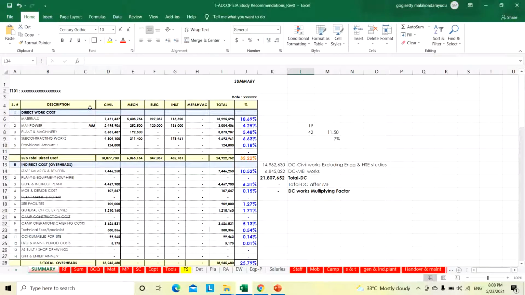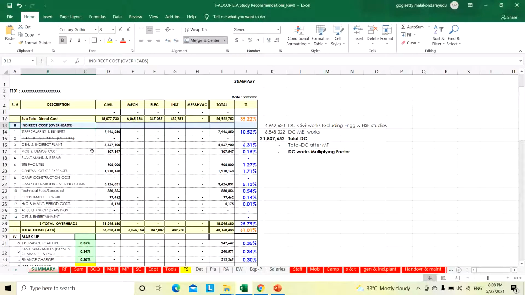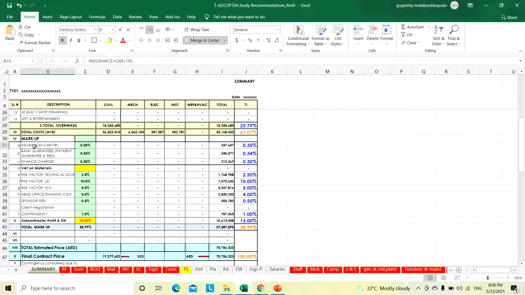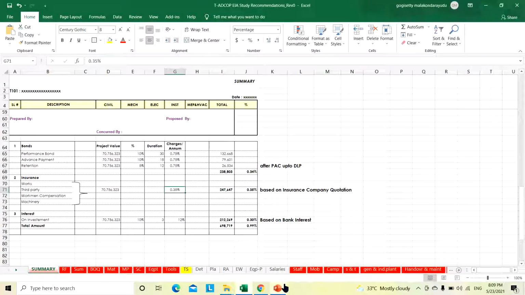Suppose this is the normal tender process we are doing, with the direct works and indirect works. In the previous video I explained direct cost in detail. Indirect cost I will explain in the next video. Here in this markup, today we will discuss only these three calculations: insurance, bank guarantees and finance. Insurance, 0.35% we have taken. How did it come to 0.35%? Based on our previous explanation,